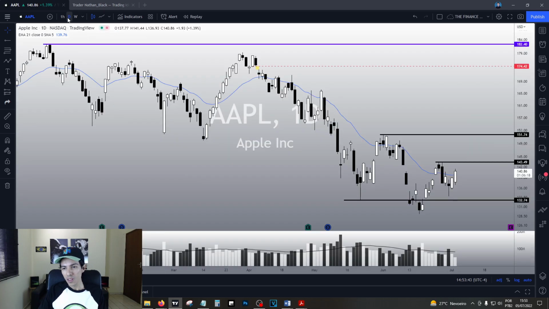Either way, we must break the $143 area in order to make a crystal clear, good, bullish structure that could lead us to higher levels, at least to 151. That would be our next target on Apple. What would be your secondary target on Apple? Well, I think Apple could go a little bit higher, maybe to 166, but I have a feeling that we're gonna fill this gap at 174. Of course, it's not just a feeling, it is based on technical analysis and statistical analysis as well.